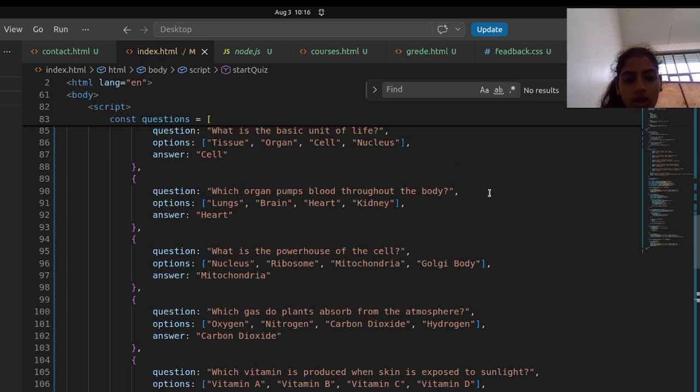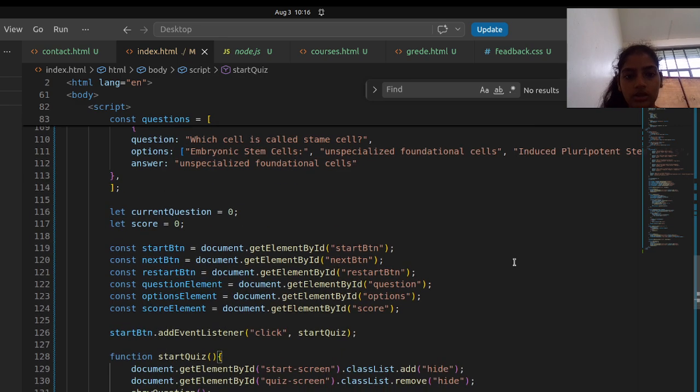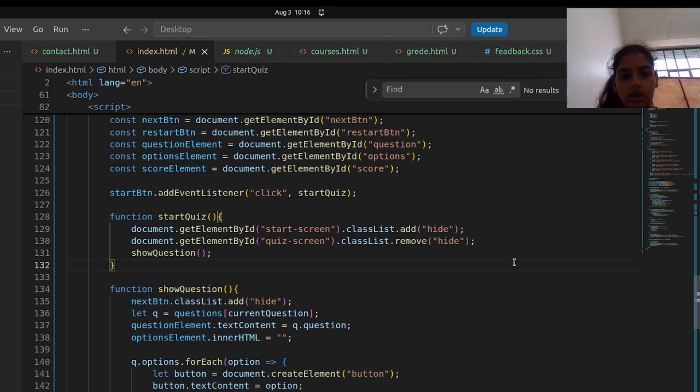So the first question I would like to explain: how do I add a click event listener to a button using addEventListener? To make a button respond when the user clicks it, I use the addEventListener method. An event listener waits for a specific event such as a click and then runs a function automatically.